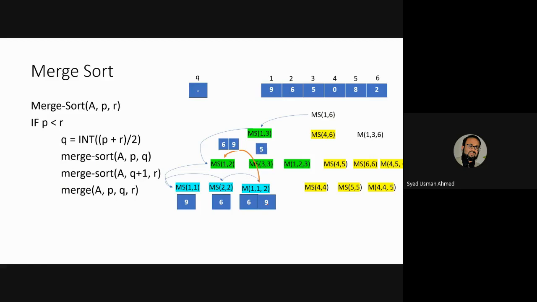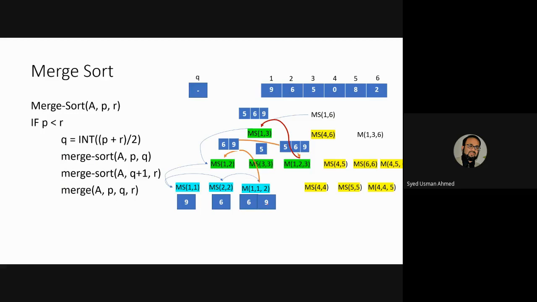Now 3 comma 3 is 5. Again, before implementing the merge procedure 1 comma 2 comma 3, what we do is take 6 and 9 and INF and 5 and INF. So we compare 6 with 5. We find 5 is less, so 5 will come into the merge list, and then 6 and 9 will come into the merge list. So again we will get a new merge list which is called 5, 6, 9, and which will return back to 1 comma 3. Fine. So till this point we have sorted the first part of the list A, right?